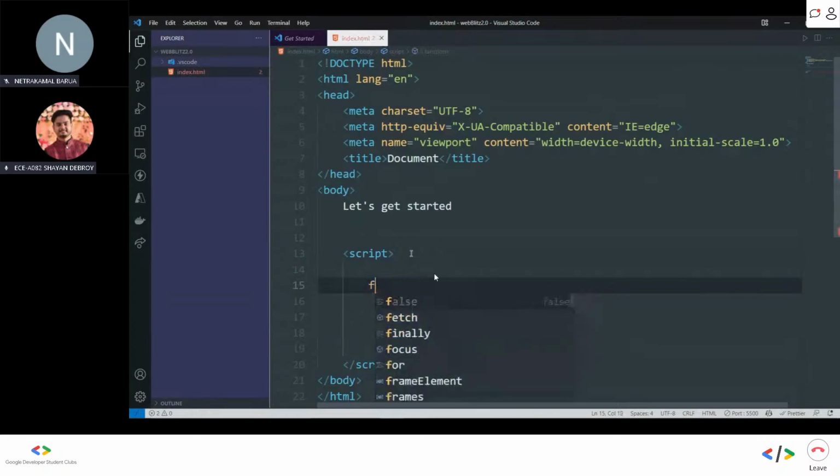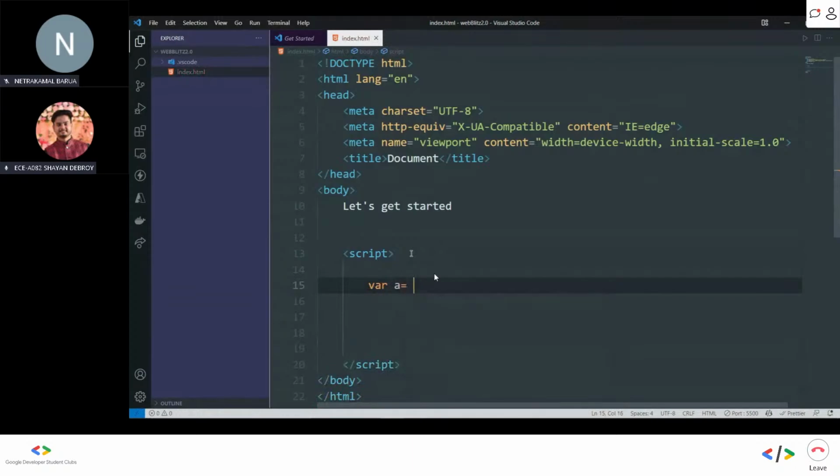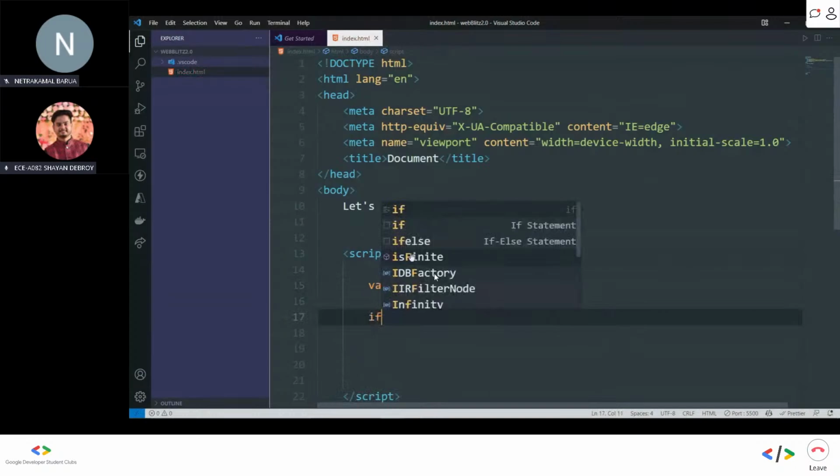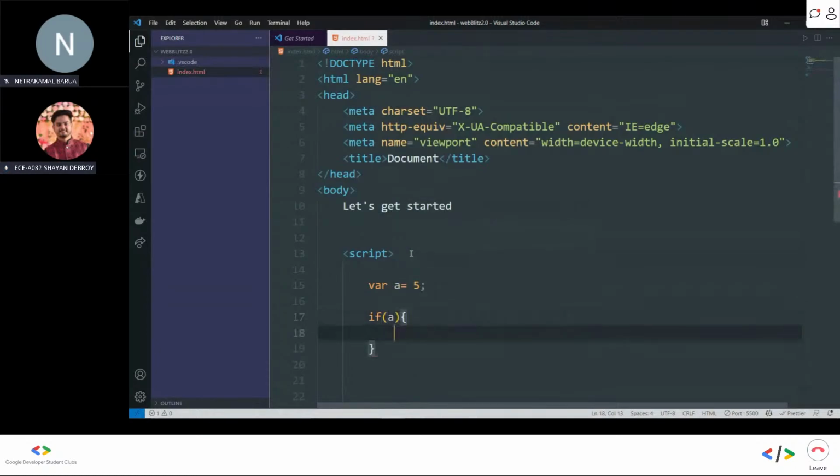So let's just say var a is equal to 5. I am going to define a conditional statement that if a is equal to 5, then print hello 5. If a is not equal to 5, then print a is not equal to 5. So if I do this,